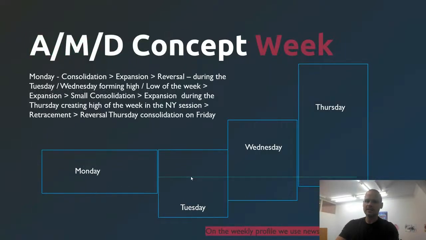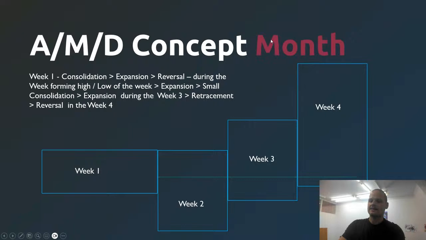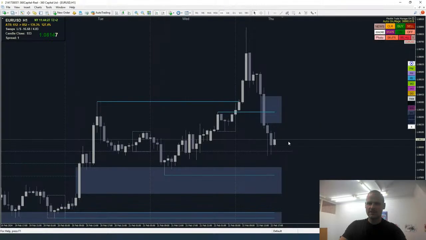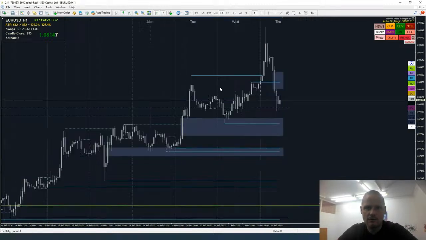So always we are also using this AMD concept, accumulation, manipulation, distribution, and it can be done on the week or also on the month and day, right? So yes, let's look a little bit at the charts in the platform right now, and here we will see how perfectly and how nicely it actually all works, right?